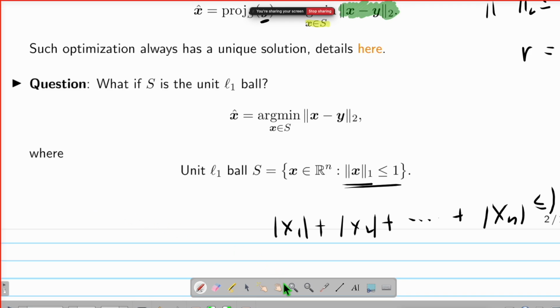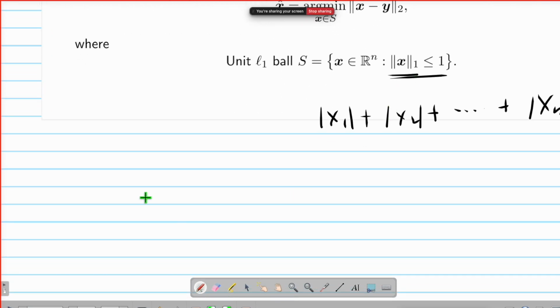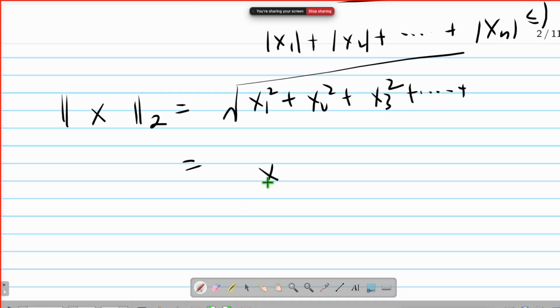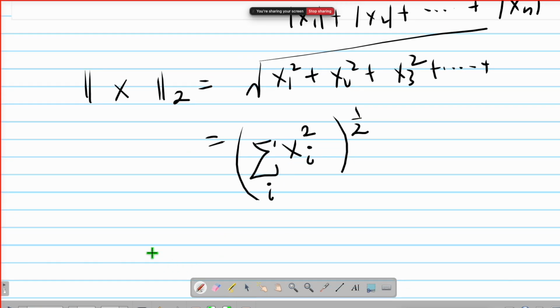So L1, okay, let me recap what's L1 norm. So if I have this vector x, L2 norm is what? It's x1, the component, okay, all of them take square until the last one, and then I take square root, okay? So you can think of it as xi, so all the i components, I take a summation sign for all the i, and then what? Power, and then after I do the summation, I take 1/2. So actually this is called LP norm. So if I replace the red thing, if I replace the 2 by other number,